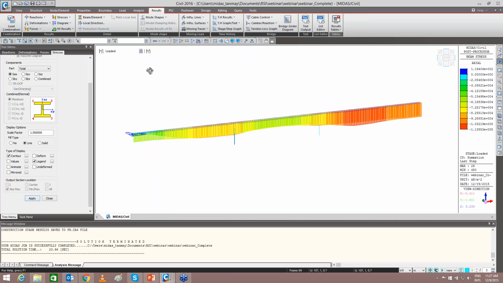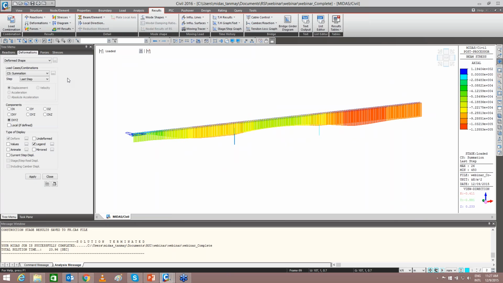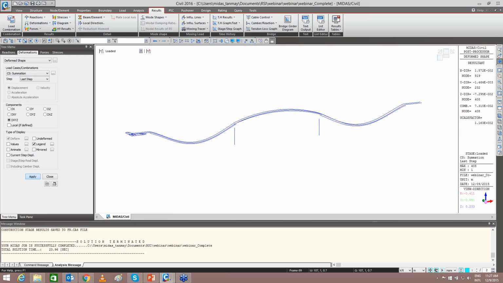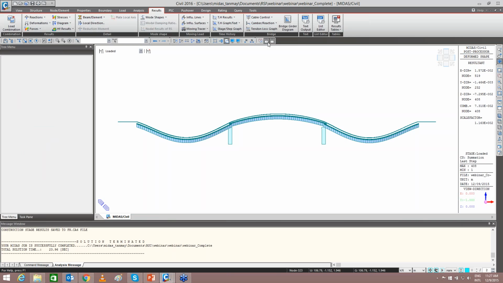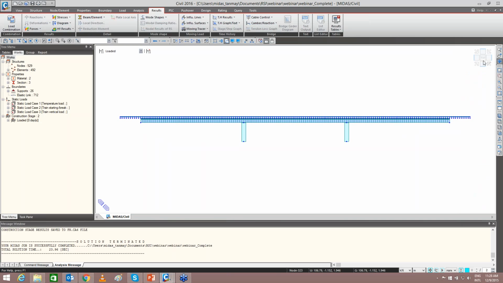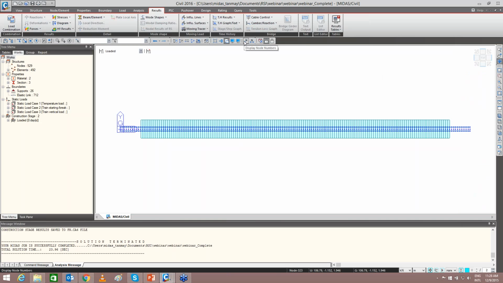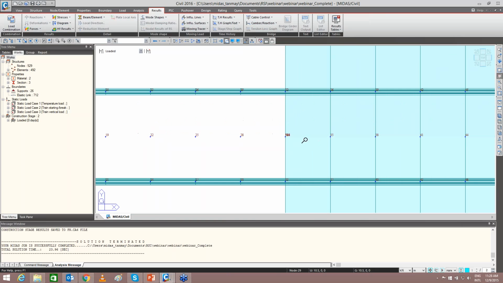Next, we are interested in the deformations that are occurring. So for that, deformed shape, let's say if I want to see for the loaded case. So as you can see, for the first load case that we entered, this will be the deformed shape, and we are mostly interested in the relative deformation between the rail and the deck. So for that case, what we can do is, using this option, we'll see the node numbers, and we can see these node numbers